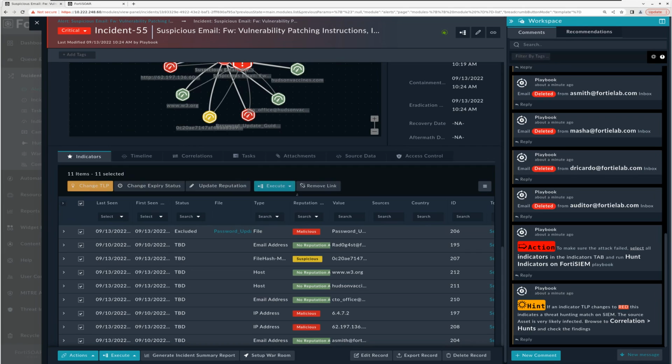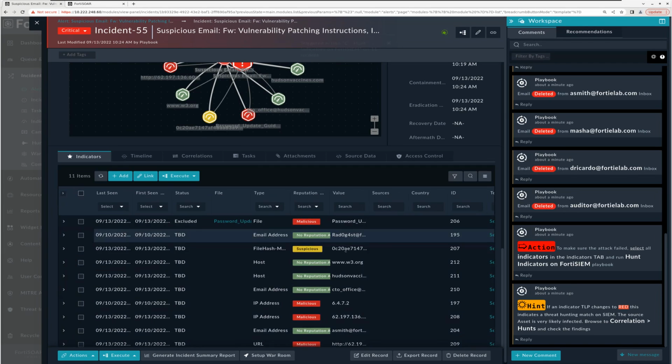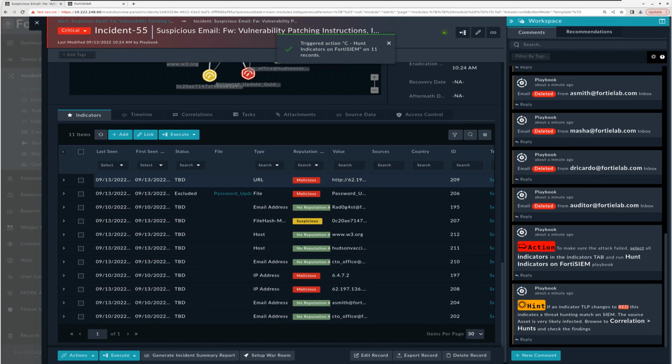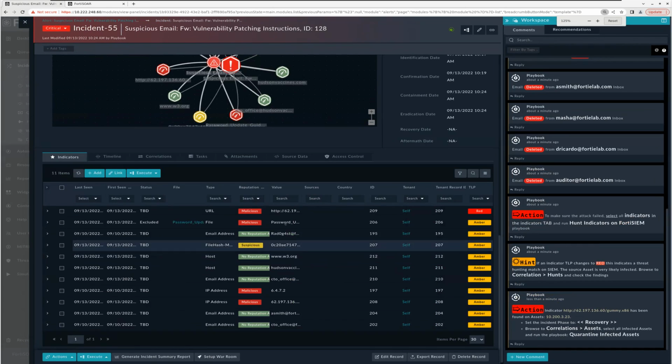So we have a playbook which would help us to do that. It's the hunt indicators on FortiSIM, and the way it works is basically just to take all the indicators and see whether it has been seen anywhere in the environment. If there is a match, the TLP field of the indicator will be set to red because it has been seen within the environment,